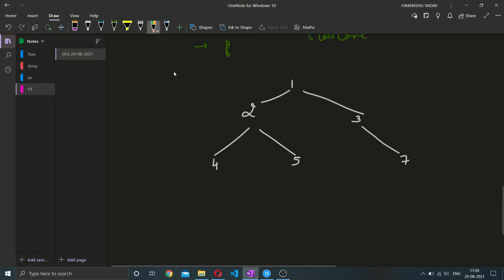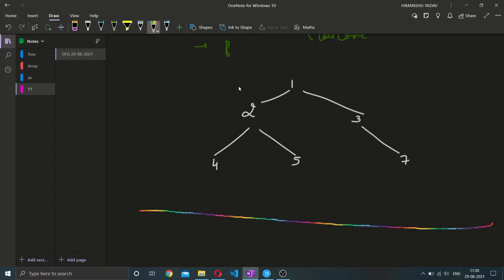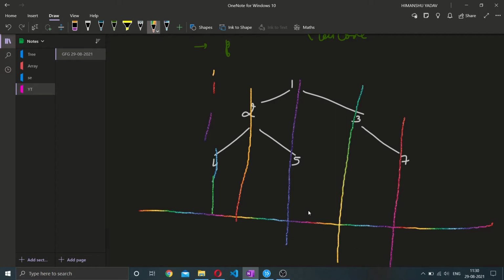We will use the concept of a vertical line. Let's plot these points on an x-axis. The root is at 0, then 1, 2, and going left this will be -1, this will be -2.